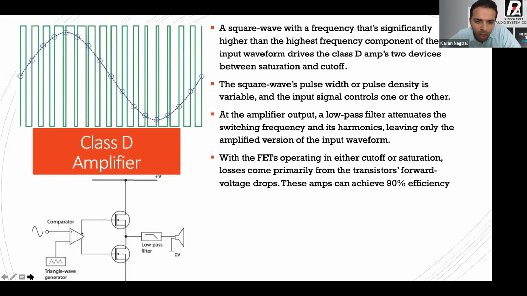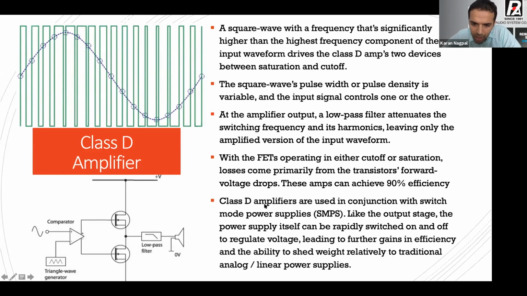efficient amplifier है. And class D amplifiers are बहुत बार आप देखेंगे, most of the time they use in conjunction with a power supply, switch mode power supply, and I'll just talk about switch mode power supply shortly. इसके बारे में ये हमारा जो class D amplifier बहुत बार switch mode power supply के साथ use किया जाता है. And the main weight or the main heat जो हमारा analog power supply output stage है या digital output stage, you can इसकी वजह से efficiency काफी ज़्यादा है, heat काफी कम हो जाता है. So you need much smaller heat sink. आप देखेंगे जो class D के amplifier में आपका heat sink काफी छोटा होता है.